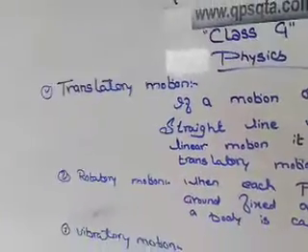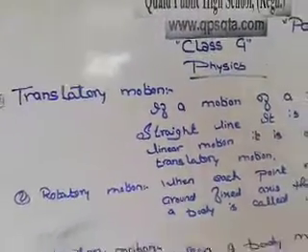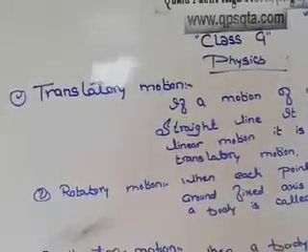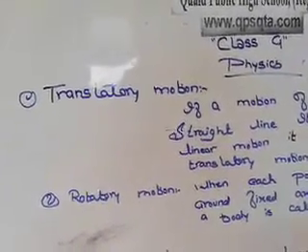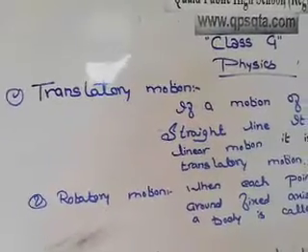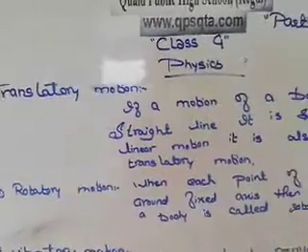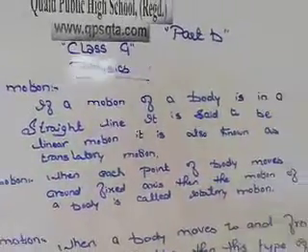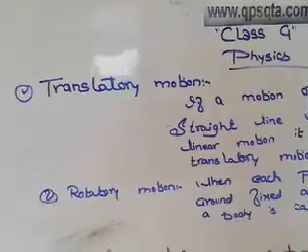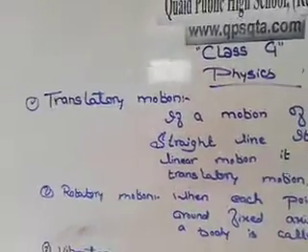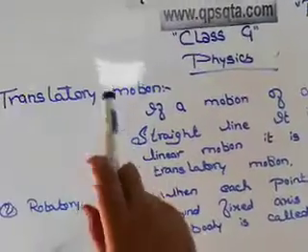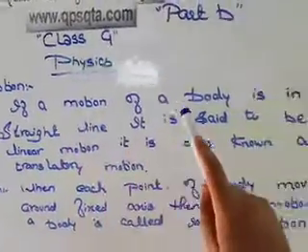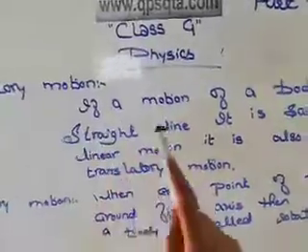Okay, I will give you another example. If a train or a bus or a car or a bicycle is moving in a straight line, we say that it is in translatory motion. The definition of translatory motion is: if the motion of a body is in a straight line,